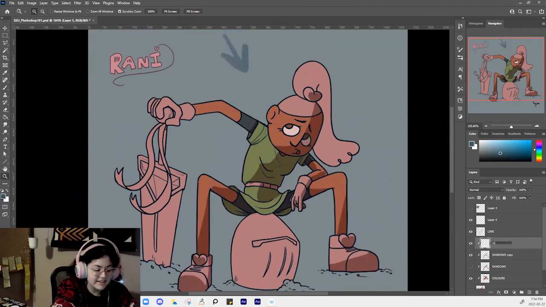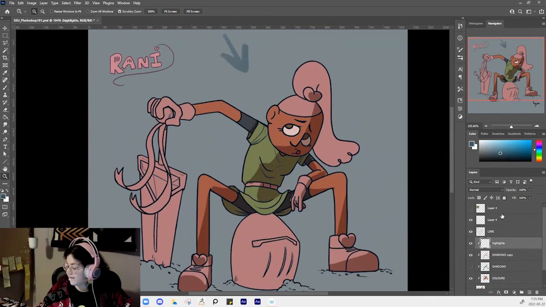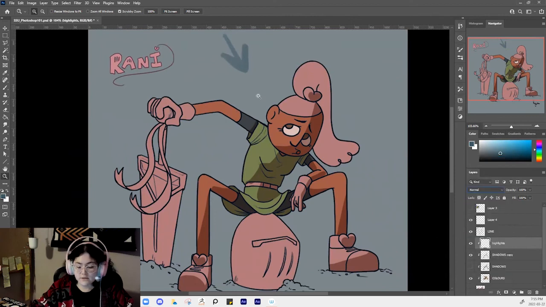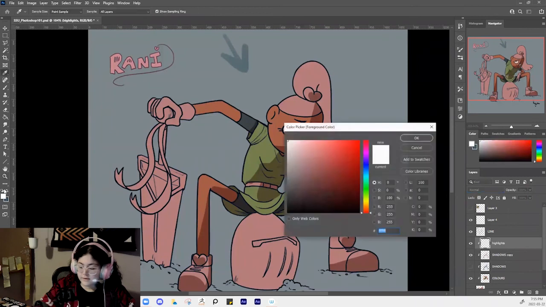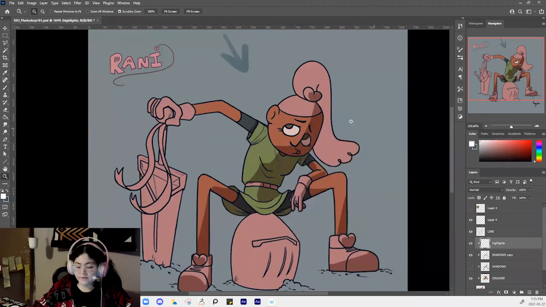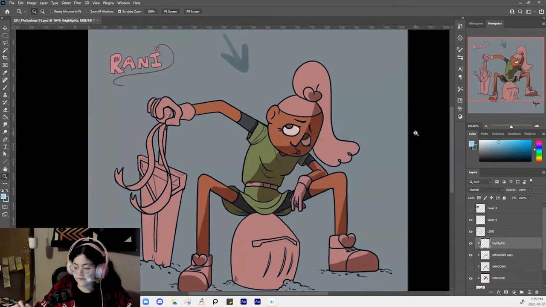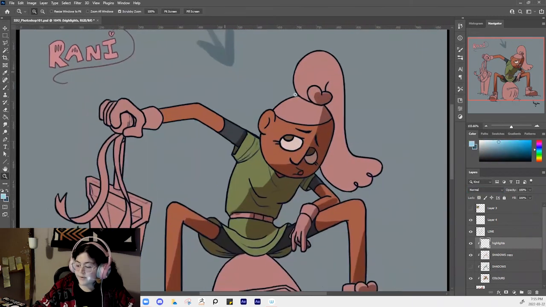Okay, and then we're gonna do highlights here. For highlights, I like to use color dodge or overlay depending on the situation. This time let me try to stay within this color range as the background. I'm just gonna go with a little bit lighter color, and we're gonna give her